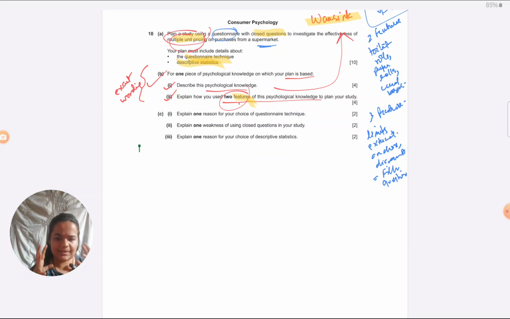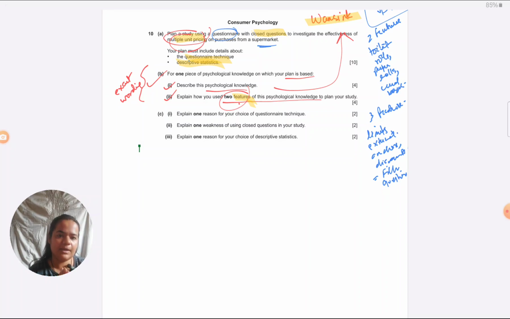So these are some things coming to my mind. Your plan does not have to be exactly like mine. There's no definite 100% one answer which you have to give to this type of question. You could have some creative ideas of your own, but I just want you to see my thought process.